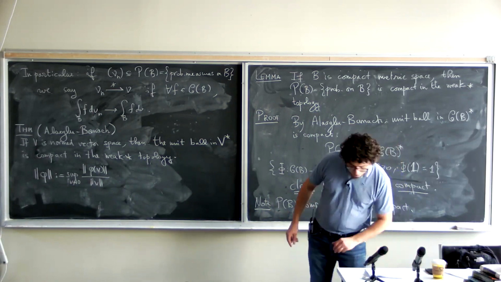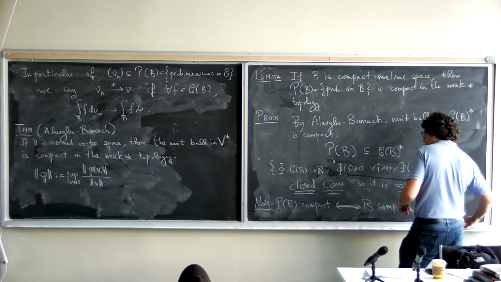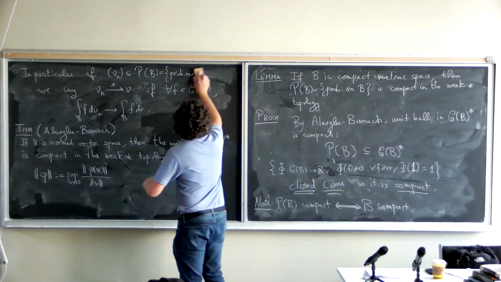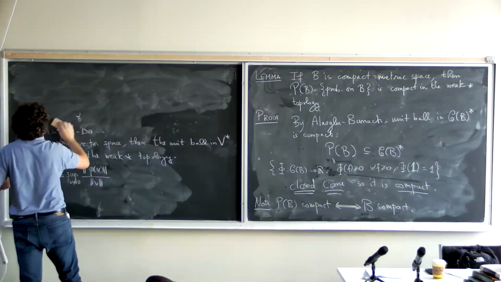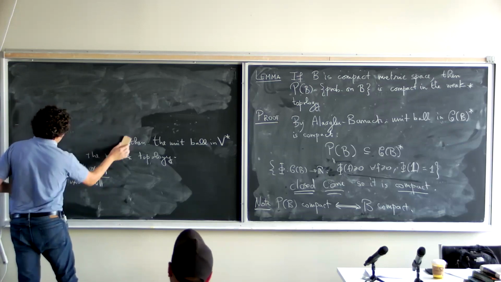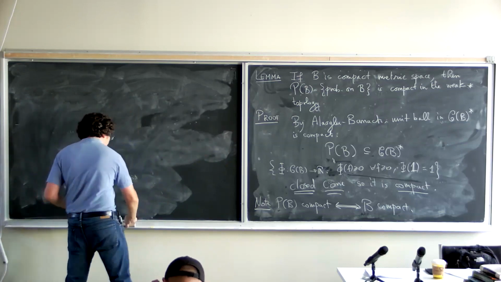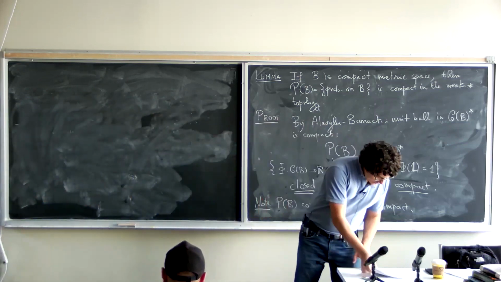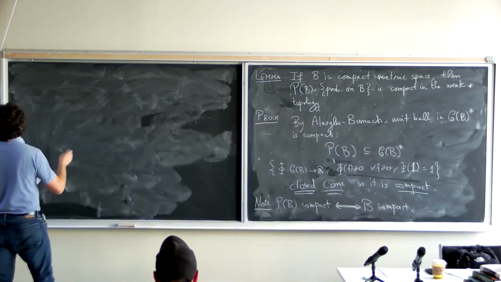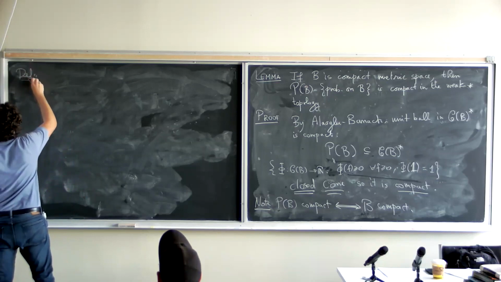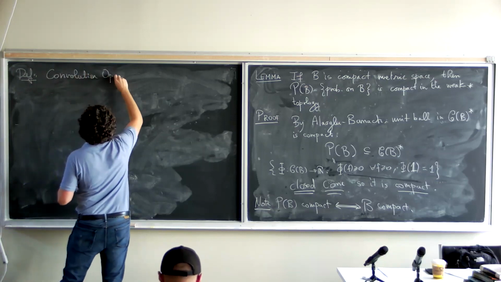Okay, so we're almost done. So we can apply this theorem to give us the existence of stationary measures. And in the meantime, it's also good to review this because we will use it in other sections of the course. But so in the end, we can also define a convolution operator.